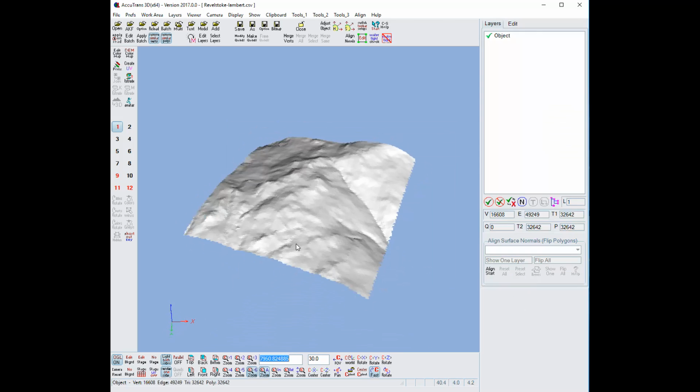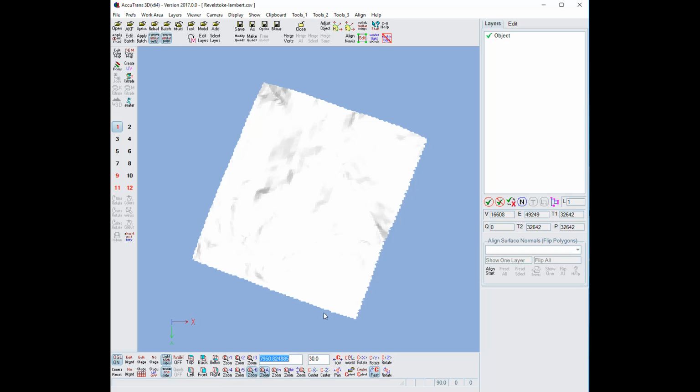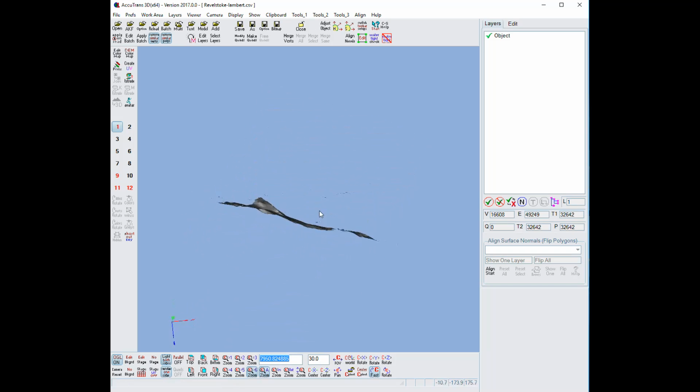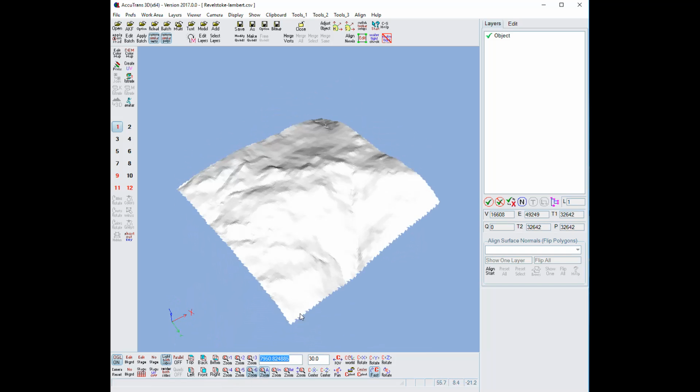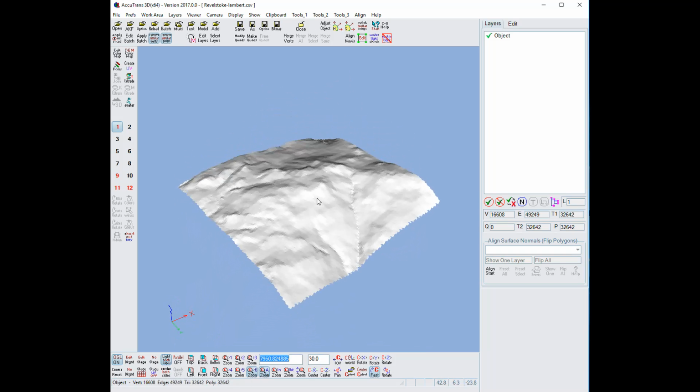Now you might wonder, are the surface normals facing the right direction, or do I have to flip them? By default AccuTrans does double-sided rendering, but I have it set for one-sided now. If I click on the top button, we're looking down on the terrain, and if I rotate it, you can see it disappears. And if I go to double-sided rendering, both sides are visible. And so it's ready to go to a